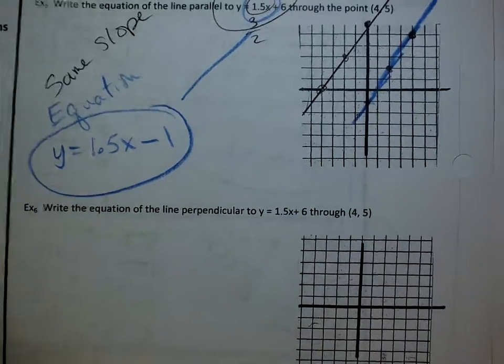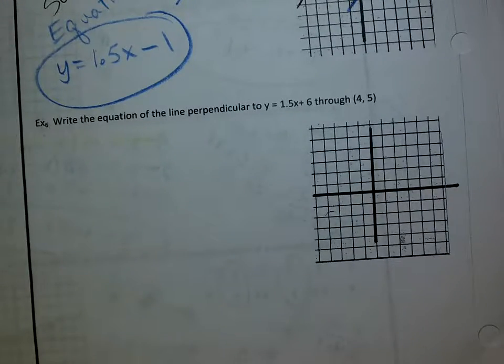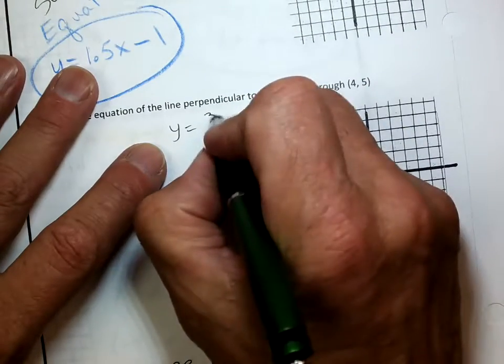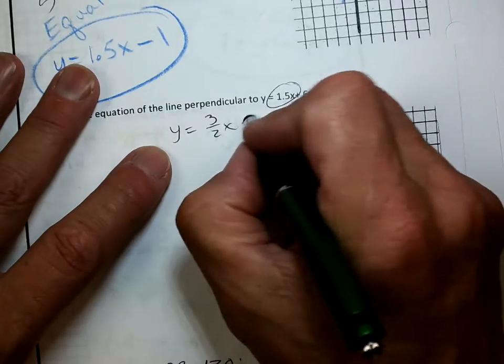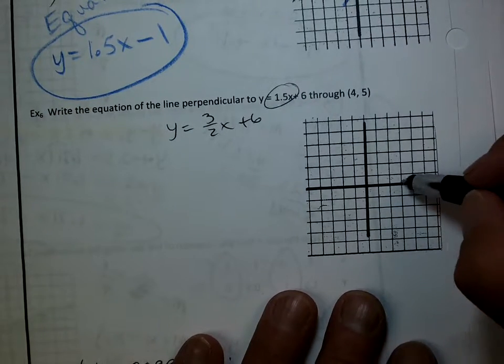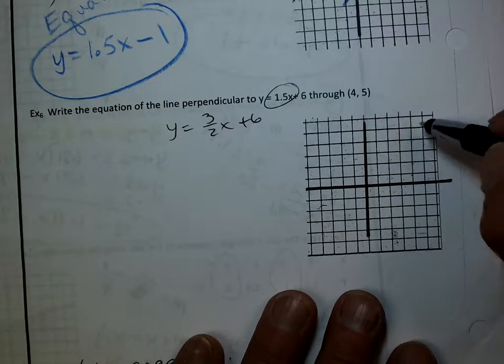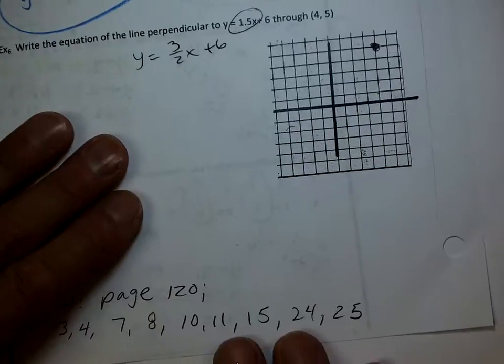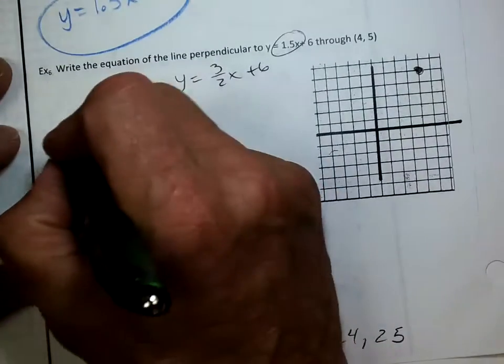All right, last example, example 6, okay? So let's change this to y equals 3/2 x plus 6, because it just makes it easier to work with. Okay, so we got the point 4, 5. 1, 2, 3, 4. 1, 2, 3, 4, 5. Okay, there it is. Again, we did this in geometry. So here's what we know. Very important thing. The slope. They have opposite